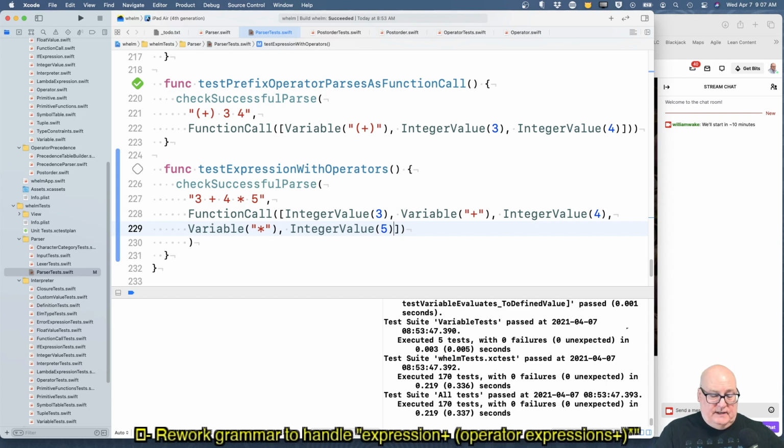And the function call is handy because it has a sequence of stuff, I guess. A sequence of expressions. And we would like to take that sequence of expressions, run it through our precedence parser, and get back a single expression that represents the tree of 3 plus 4 times 5. But for now, just as sort of, I don't want to call it a spike exactly, but sort of an alternative way to go about it.